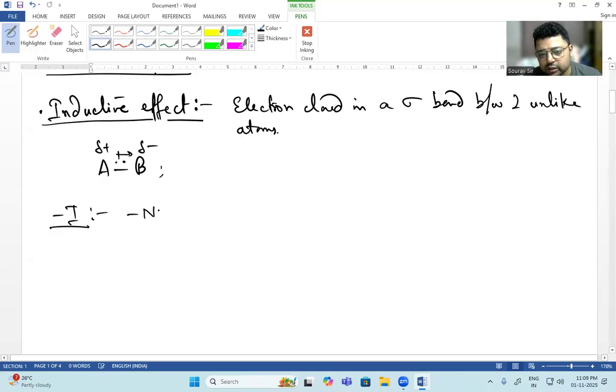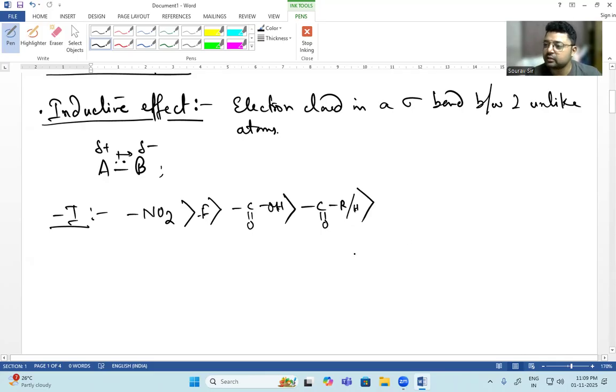The most electron withdrawing is NO2, followed by fluorine, which is a highly electronegative element. Then we will go for the COOH. Then the aldehydes and ketones, R or H, anything. Like this, it will go. Even we can also say that some of the groups like NMe3+ are more electron withdrawing in